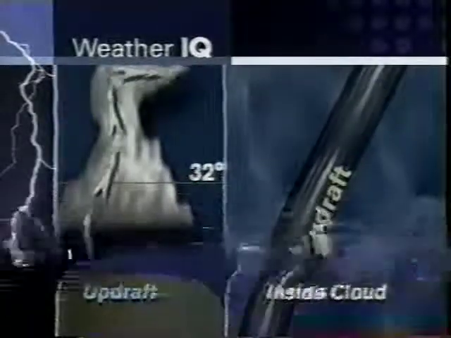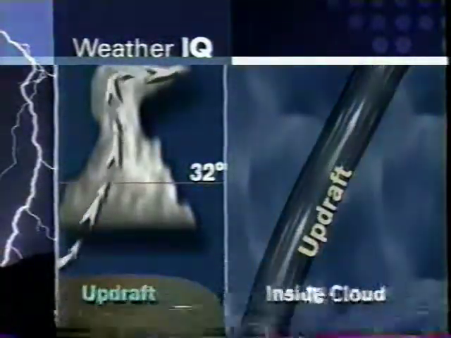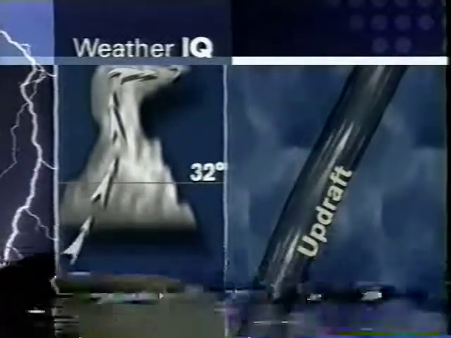The hail continues to freeze, and if the updraft is strong enough, that ball of ice grows larger and larger as the moisture freezes on contact in the cloud. Now, eventually, the ball of ice gets heavy enough to overcome the updraft, and that's when we see it falling